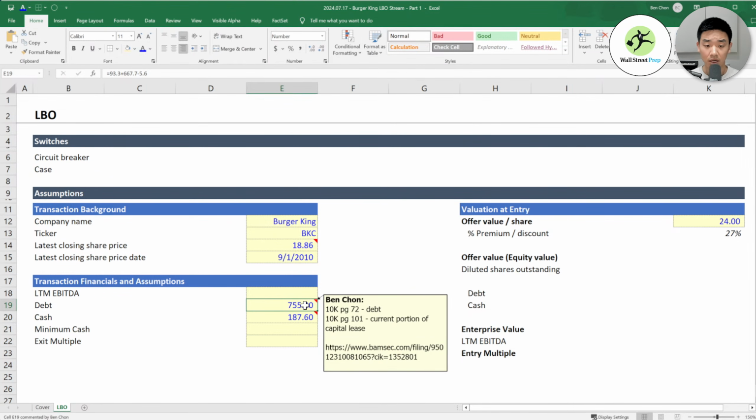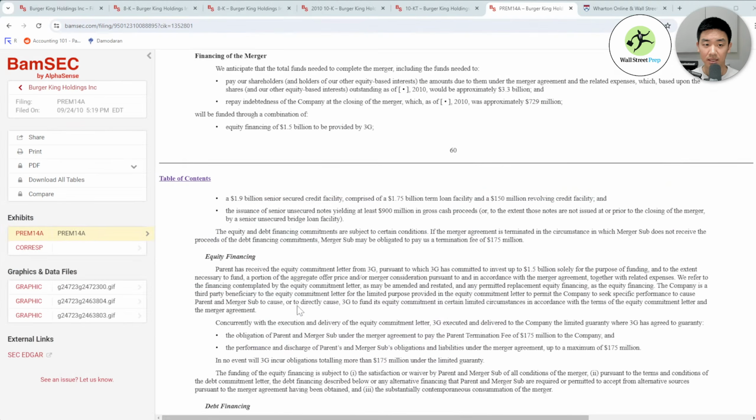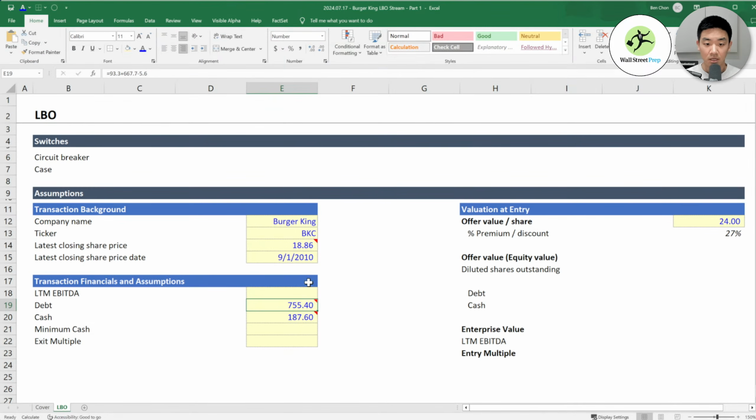And so that's why I think there's a good reason for the private equity investors, like I imagine they just kept the capital leases, maybe refinanced them later, or who knows what happened. But I think it makes sense to get closer to this figure. And then you can also see here, funded through a combination of 1.5 billion in equity financing, 1.9 in, these are all the debt tranches. And so we're going to reference this information later, but use information from elsewhere.